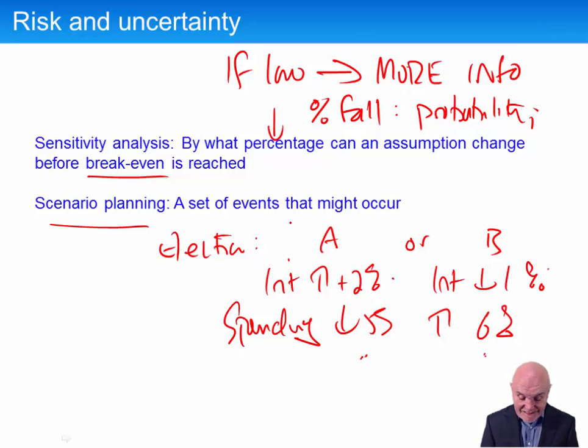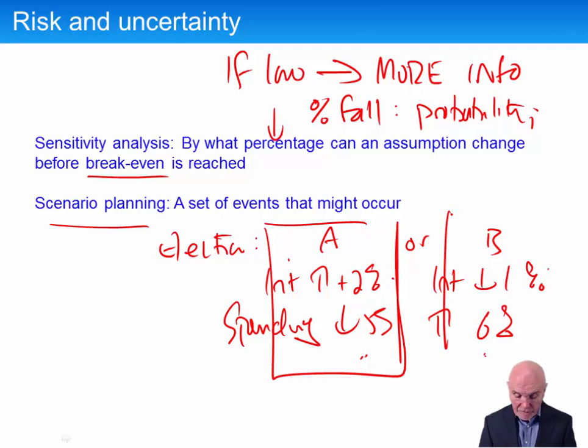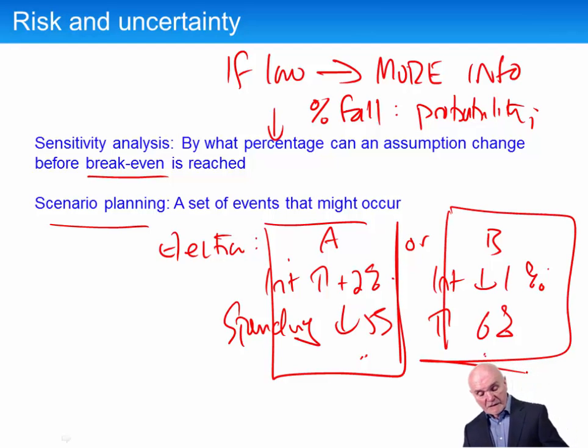So the set of events which are likely to occur are these. Because what happens when you're looking at future outcomes, you can say, well, maybe the exchange rate will do this, maybe interest rates will do that, maybe other factors in the economy will do something else, and you can end up with a huge number of different permutations. What we need to do is simplify that and say, out of these maybe 16, 32 permutations, let's get a few viable sets of permutations which it's worth actually looking for as potential outcomes.